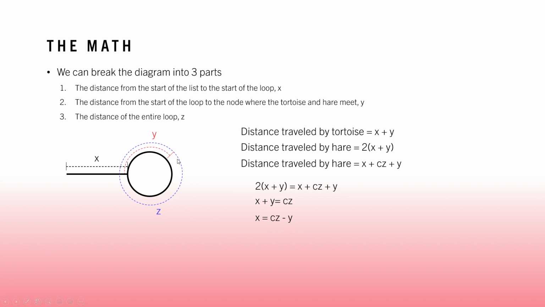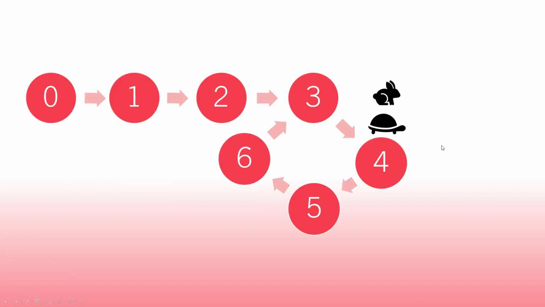Meaning, if we leave 1 node here, have it run some constant amount of loops, moving 1 node at a time, and then subtract y from that, you'll be at the start of the loop. And, depending on what that constant is, that will equal the distance from the start of the list to that node. Meaning, if we have our 2 nodes where they met, leave the tortoise there, and move the hare back to the beginning,